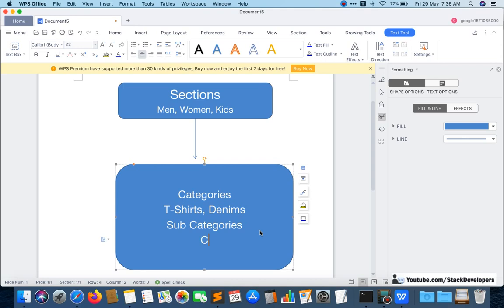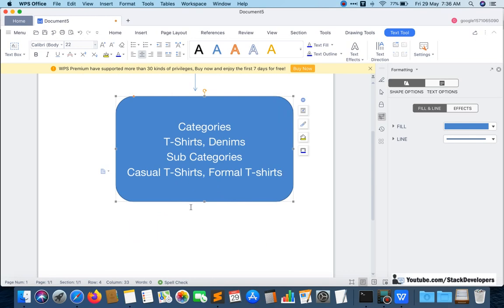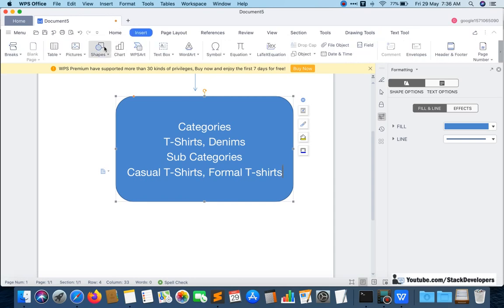In subcategories, casual t-shirts and formal t-shirts will come under t-shirt. This must be clear to you. And after categories we added products under this, then we worked on products as well.